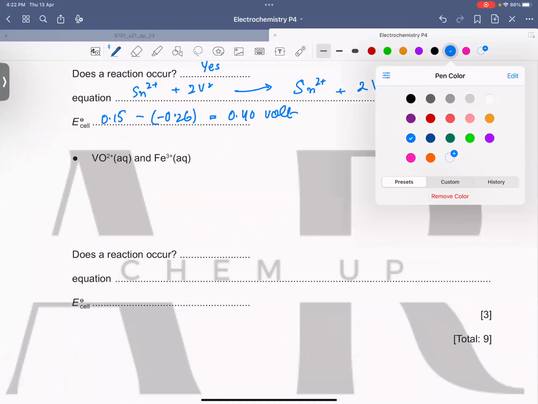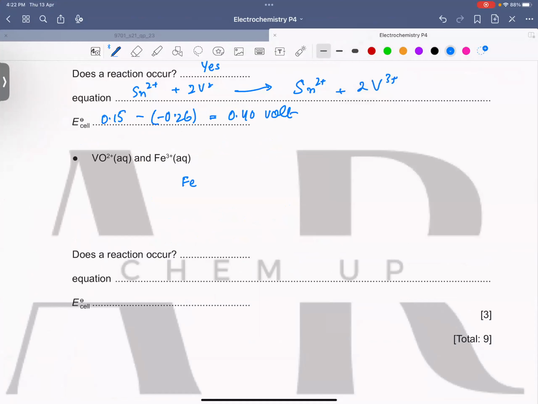So we know if you recall the half equation, iron 3 positive gaining 1 electron turns into iron 2 positive with the value of इसकी E नॉट वैल्यू क्या थी, पॉजिटिव 0.77 थी ना।